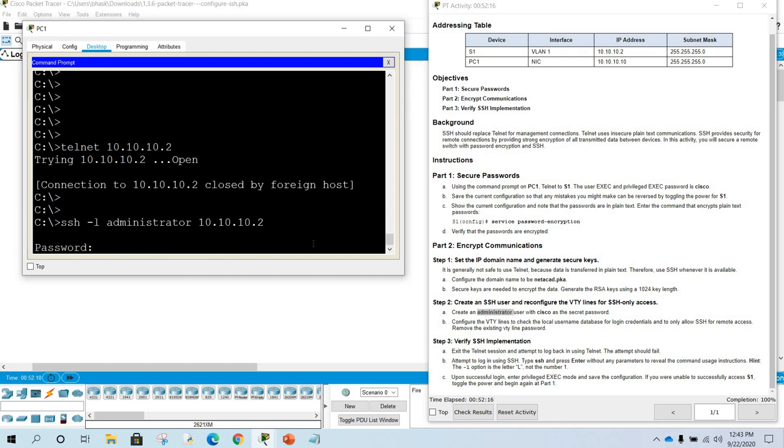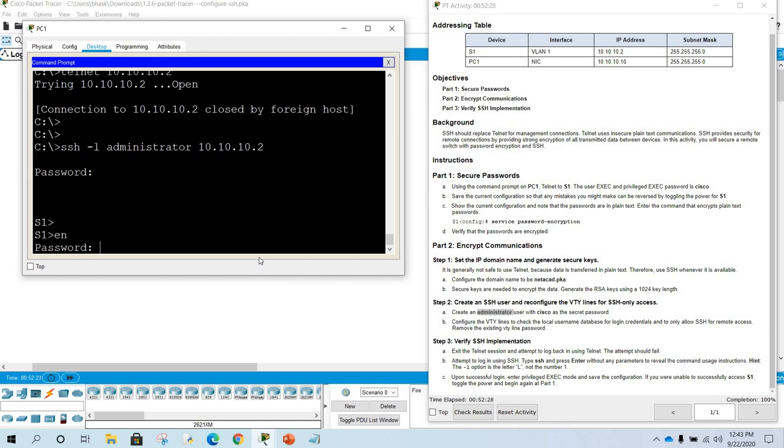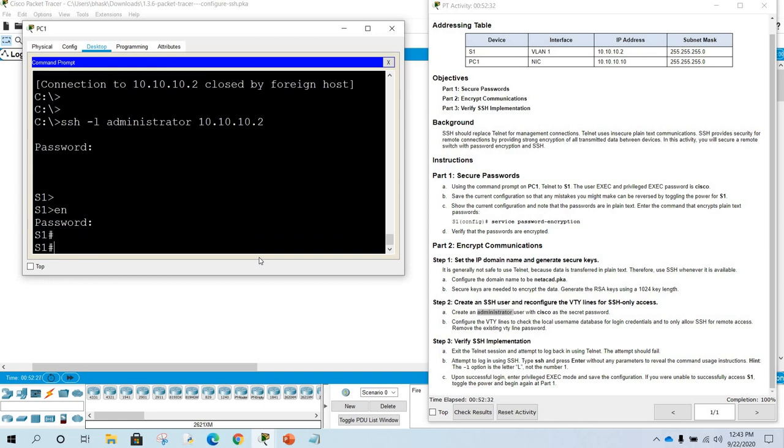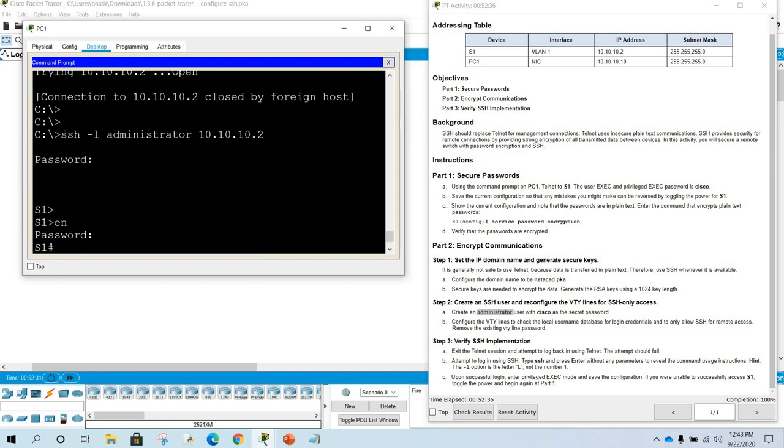What password did we create? The secret password is Cisco. So I'm giving Cisco here. You have entered the switch, which means your SSH authentication completed successfully. Enable, and it asks for the password; the enable secret password is also Cisco, so enter Cisco. Like that you can test and verify your SSH configuration.